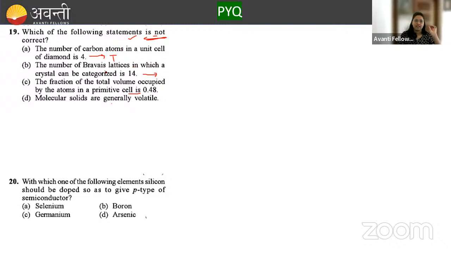The number of Bravais lattices in which a crystal can be categorized is 14. So Bravais lattices कितने हैं total? 14. ठीक है. 14 मतलब सिंपल में होते हैं जो हम लोगों ने 7 क्रिस्टल सिस्टम देखी ना, वो 7 क्रिस्टल सिस्टम हम लोग आगे डिवाइड करते हैं Bravais lattices में, ठीक है, और उनको हम कहते हैं Bravais lattices, और टोटल कितने होते हैं 14। Fraction of total volume occupied by atoms in primitive cell, सो सिंपल में कितना फ्रैक्शन ऑक्यूपाई होता है एक्चुअली 52%, दैट इज 0.52 नॉट 0.48, सो दिस इज रॉन्ग।